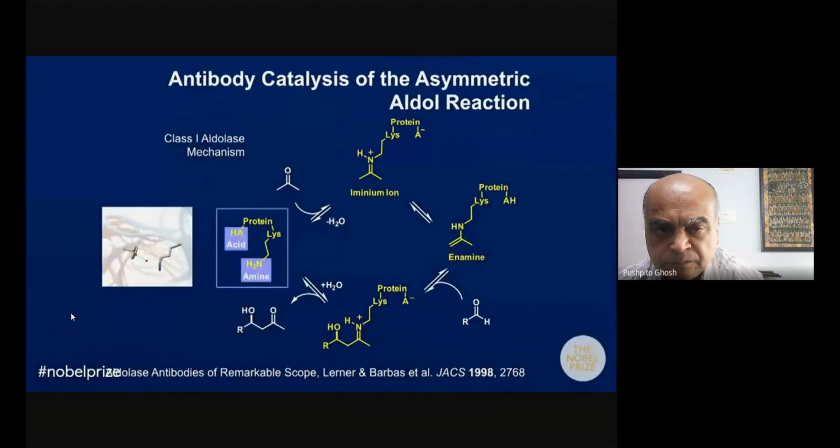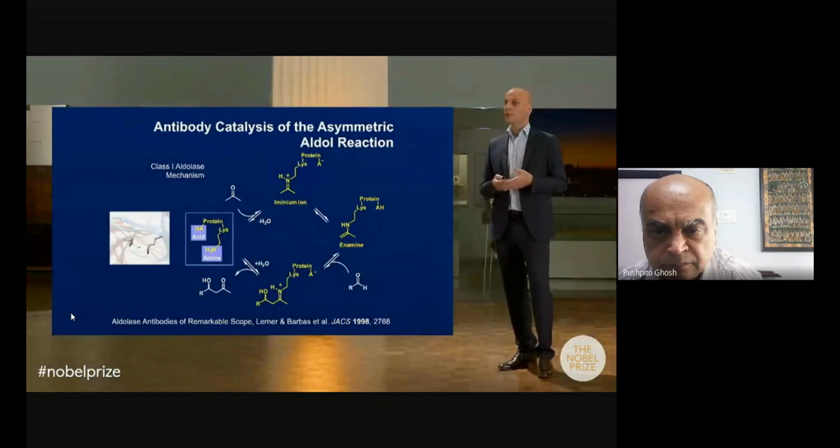I became fascinated with this idea of creating artificial biocatalysts that would engage in the catalysis of non-natural reactions. And at that time, in the mid to late 90s, one approach appeared to be particularly attractive to me, and that was catalytic antibodies. And I was very fortunate to be able to move to the Scripps Research Institute and to work with Professor Lerner and Barbas on the utilization of aldolase catalytic antibodies. They had just discovered an aldolase catalytic antibody that would catalyze with high efficiency and also very high selectivity aldol reactions. And I was excited to work in this field all of a sudden, and I used this antibody to